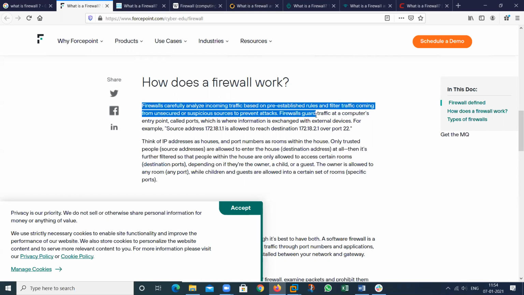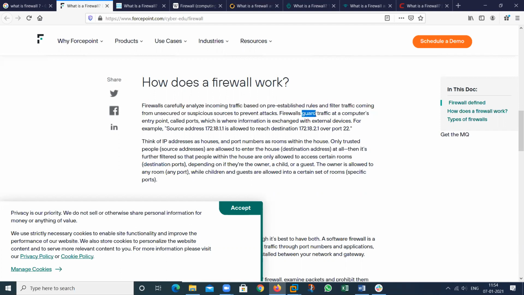It means this will work as a guard. I have told the guard not to allow Rahul when he comes late. So he will prevent you. If Rahul comes late, do not allow him. So it just works as a guard. Traffic on my computer just works through an entry point.